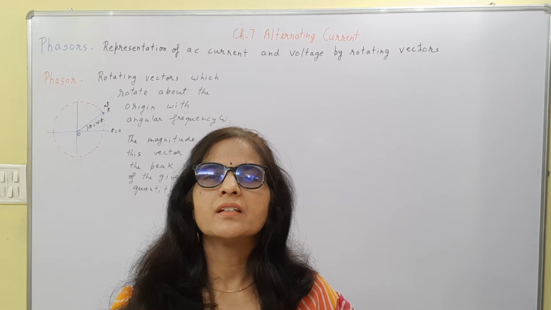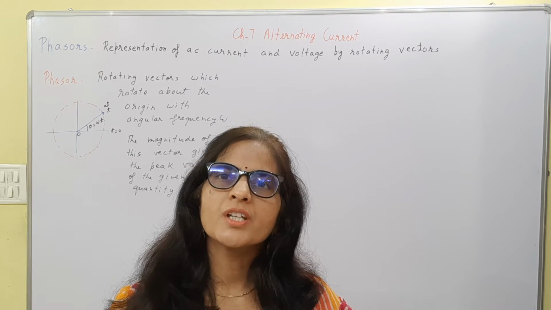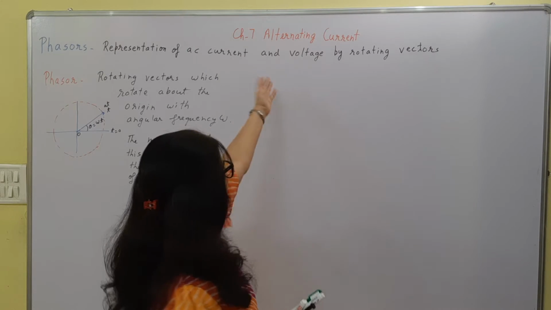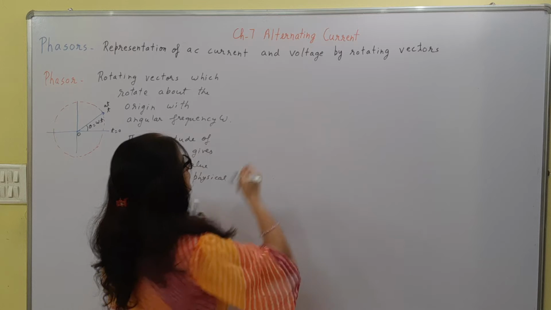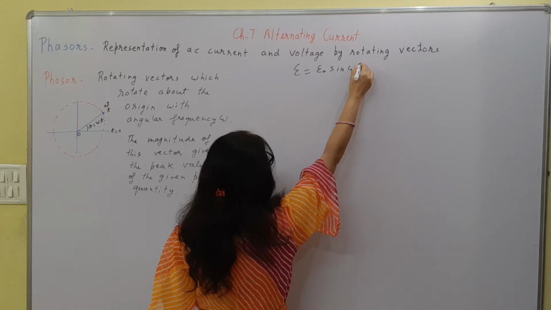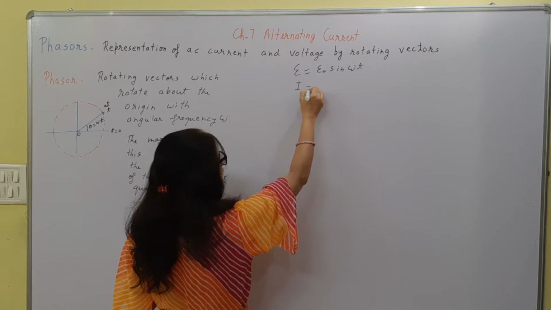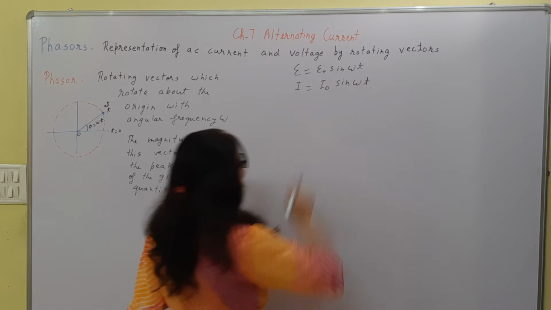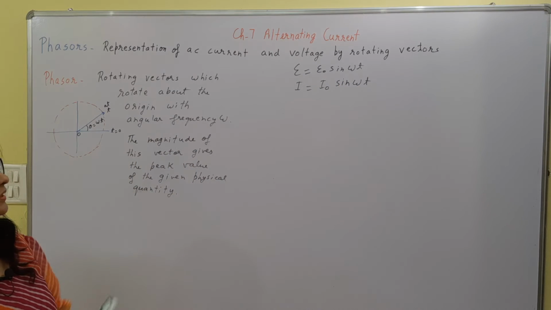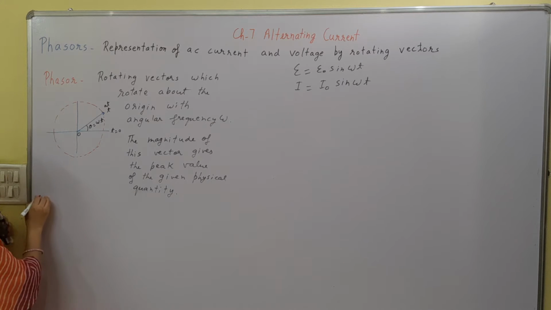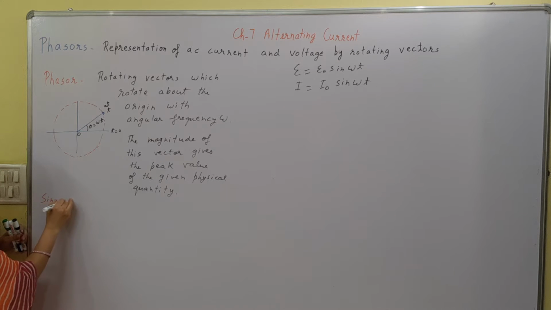We know that the equation of simple harmonic motion is A sin omega t, which we have studied in class 11th. So here the voltage is represented by this sinusoidally varying quantity, and current here is also represented in the form of a sinusoidally varying quantity. I have taken a particular case just to give an example that both are sinusoidally varying quantities. Now here it is observed that the sinusoidally